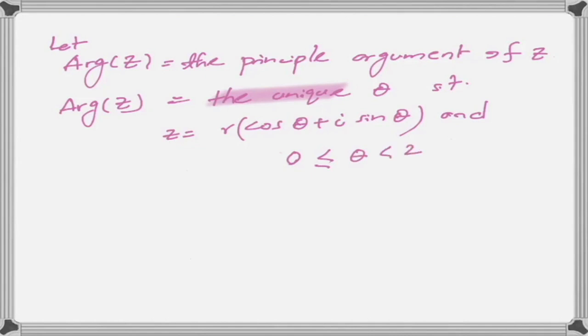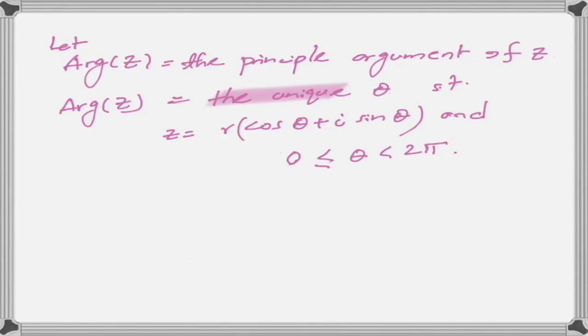and 2 pi. Note that there is nothing special about the interval 0 to 2 pi. In fact, one can fix any interval of length 2 pi on the real line and define the principal argument of z as the unique theta which lies in that interval, and z has the form r times (cos theta